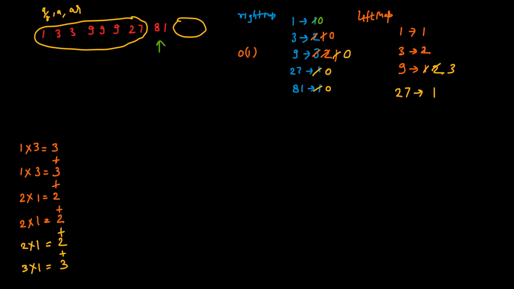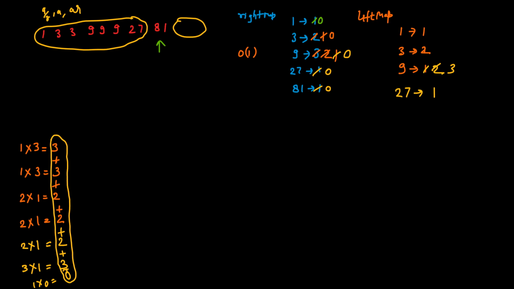So how many A by R exist here? 81 divided by 3, which is 27. So the frequency of 27 in our left map is 1, into the frequency of 81 into 3, whatever it is, because it doesn't exist, so it will be 0, guys, because that will not exist in this map, right? Basically the 243 which does not exist. So what is the frequency of that 243? It will be 0. So 1 into 0, so it will come as a 0 plus. So now if you do this total, you will come to know the number of triplets which can be formed.